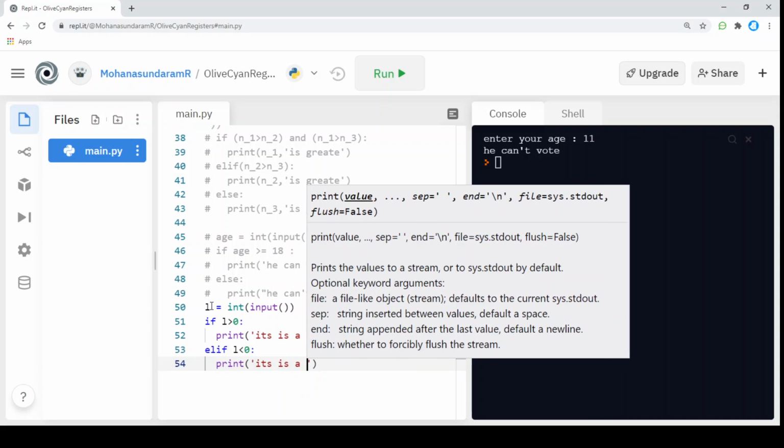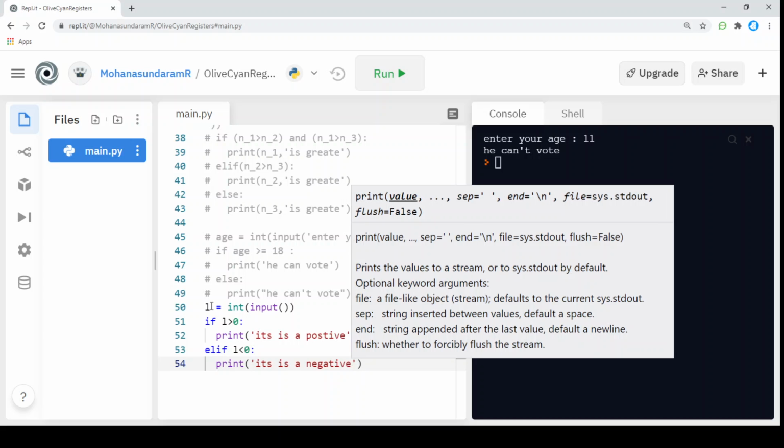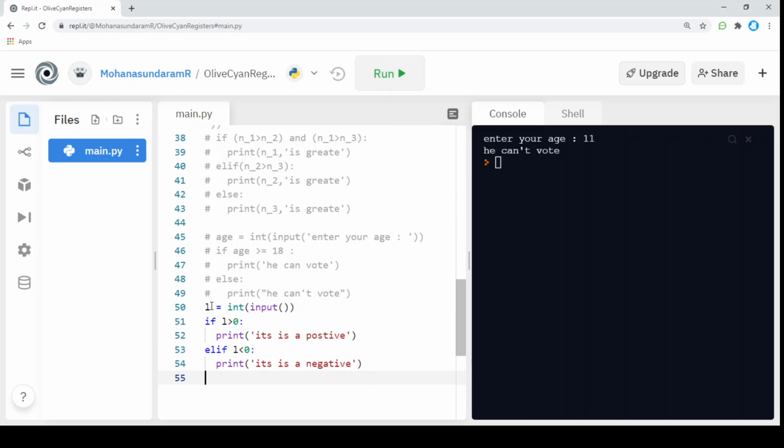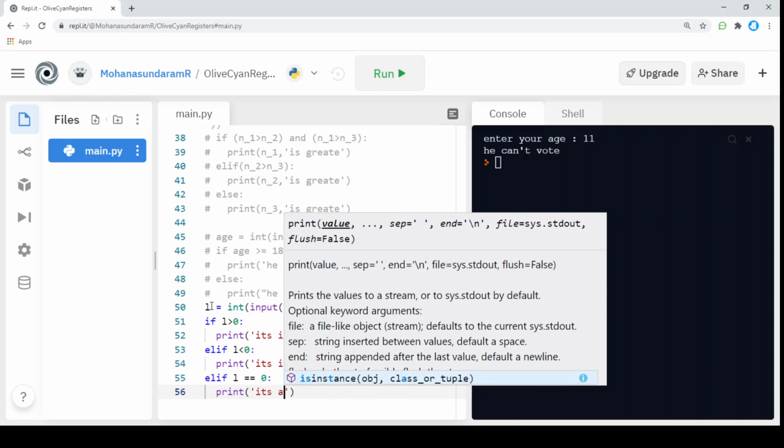Print, it is a negative. Or else, I'm going to check whether n is equal to 0. If n is equal to 0, it is a zero number. Print, it is a 0.